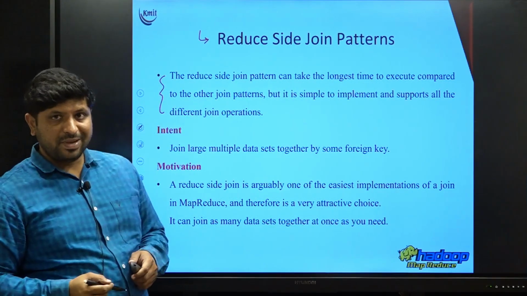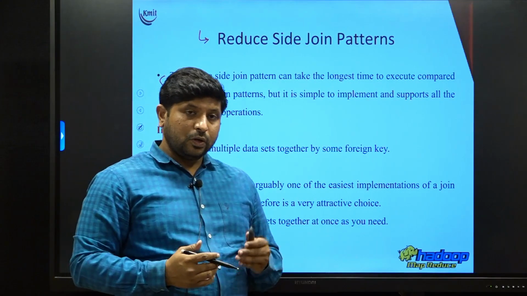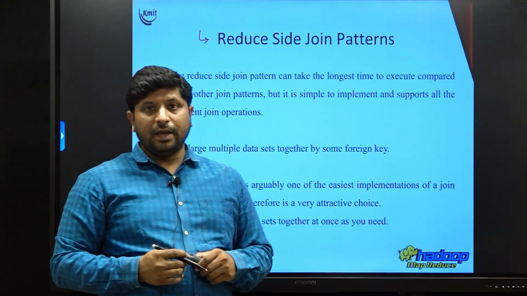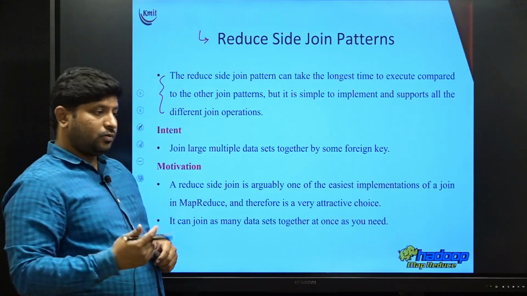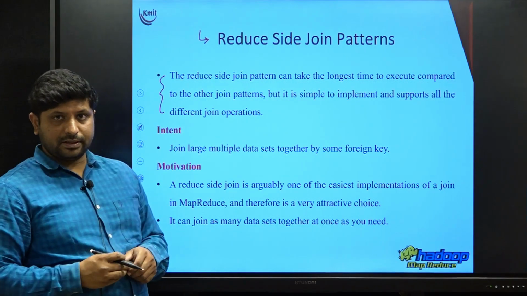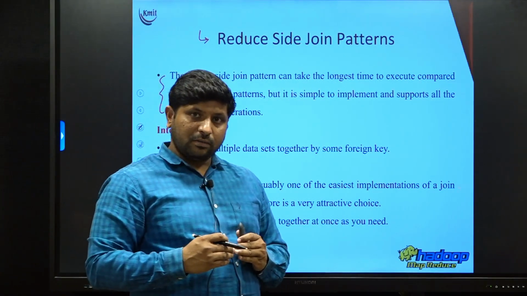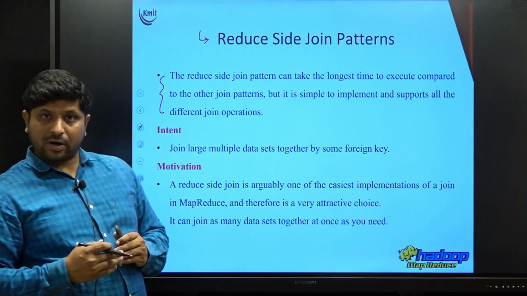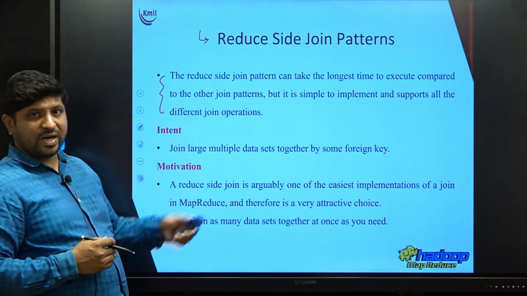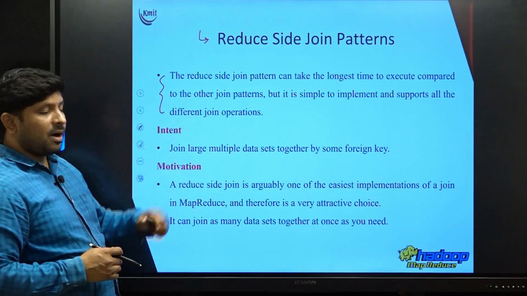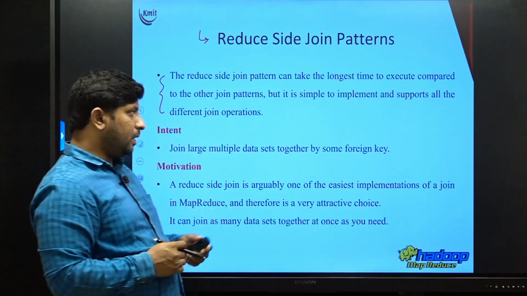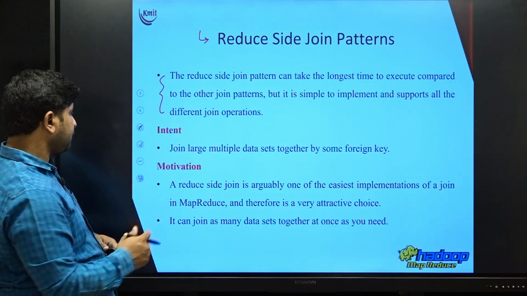Reduce side joins can be used to come up with any of our join patterns. It might be inner, outer, anti or Cartesian product, whatever joins we had discussed. All the joins can be implemented using reduce side joins. So